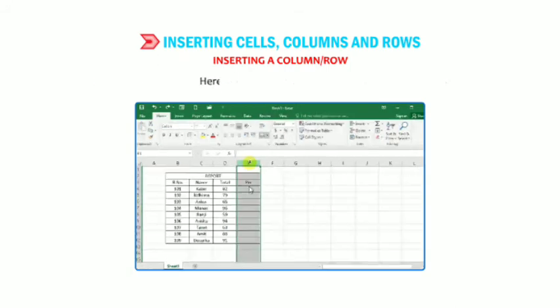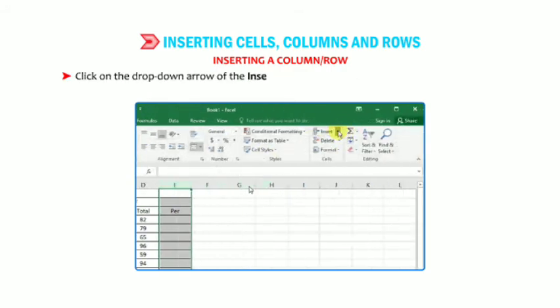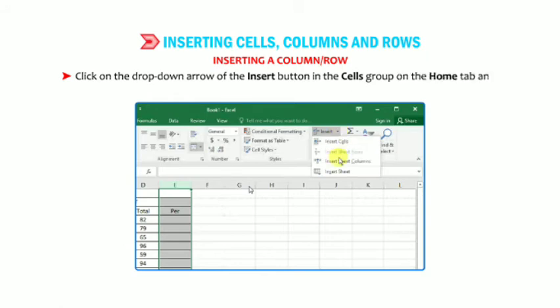Next, here we have selected column E. Click on the drop down arrow of the Insert button in the Cells group on the Home tab. Once again, we click on the Home tab, then we find the Cells group, and then we find the Insert option here.